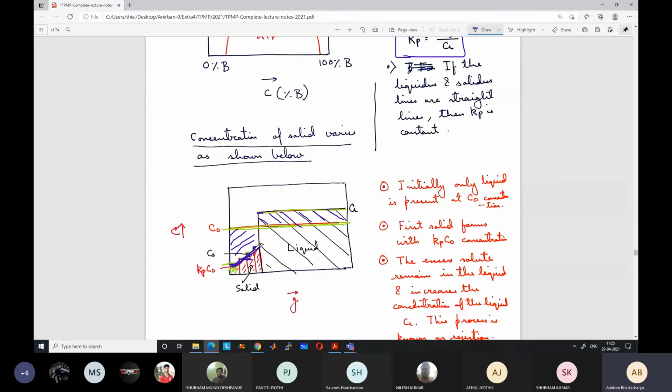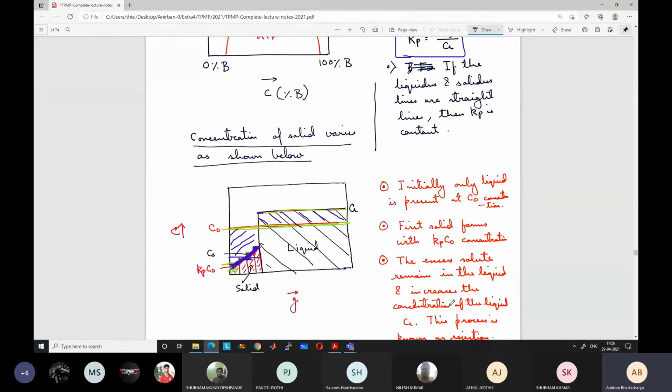Although the concentration at one point in the solid is less than at another point, because the diffusivity is 0 in the solid, the higher concentration atoms from here cannot diffuse to the other part. So it remains frozen in this condition. Unlike the lever rule, where if the solute diffusivity were infinite this would have balanced out, in this case the solid concentration remains like this. Whatever the condition at which solidification has occurred, that will remain frozen for the entire time. It is not going to change at all because diffusivity is 0.